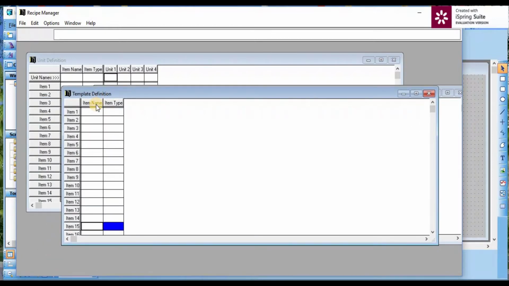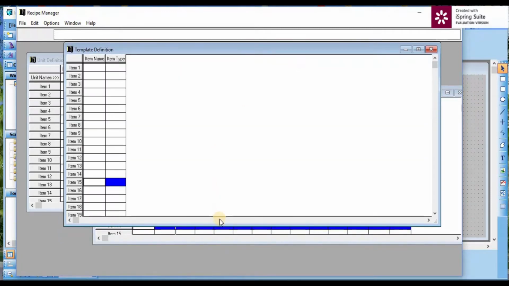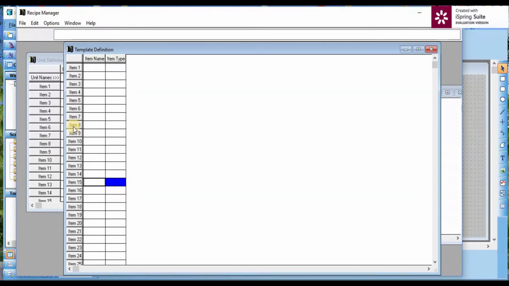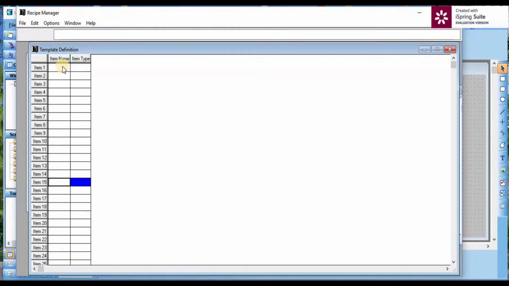So we will start with our template definition. In this template definition we have to define our ingredient names and the type of ingredients. So our first ingredient is milk. After writing it down we have to press enter.